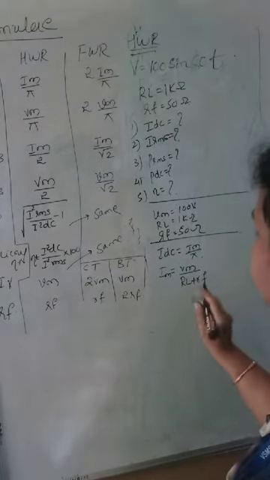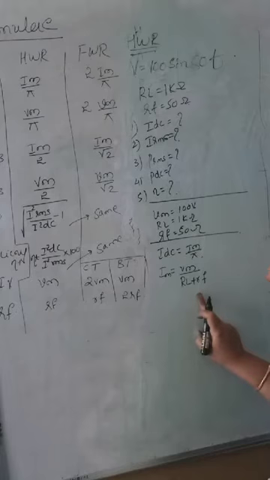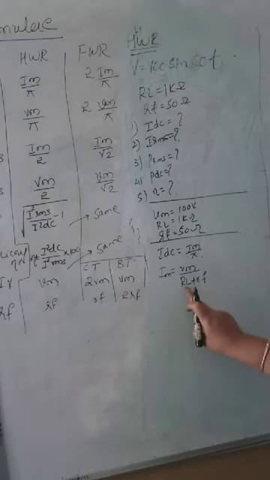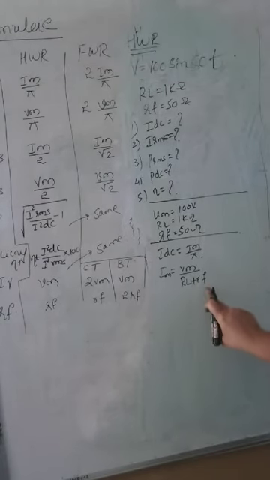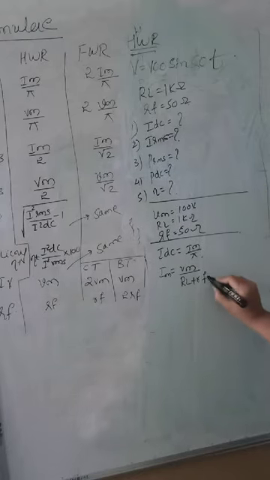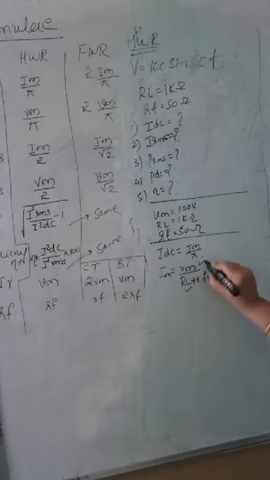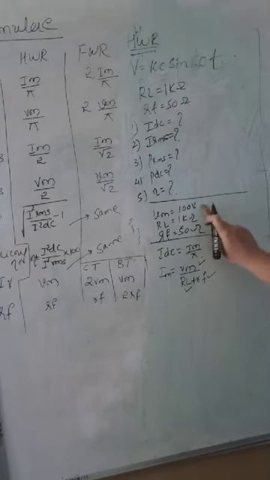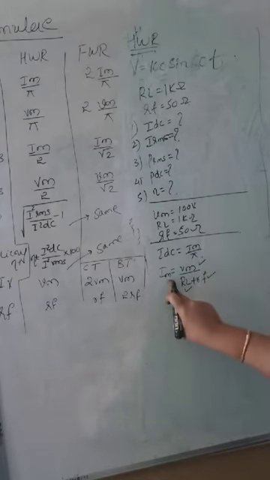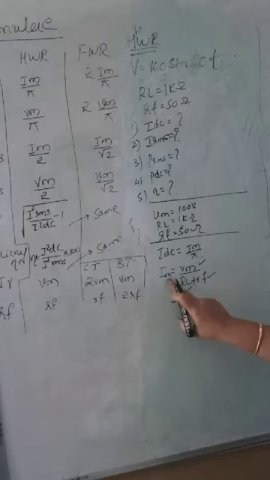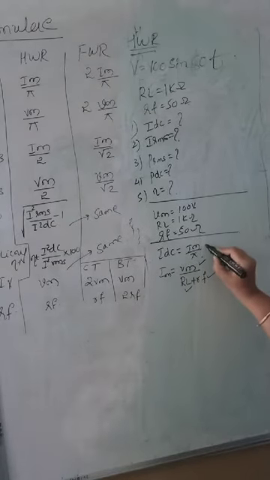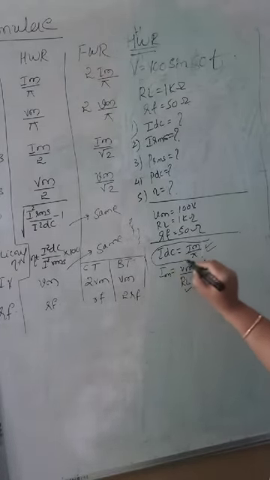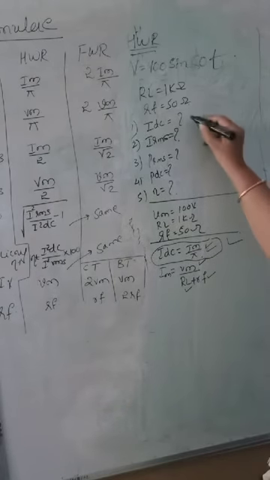RL plus RF I should consider. I is equal to V by R, it is just Vm divided by RL plus RF. RF value they have given, that also we should consider. RL they have given, Vm they have given. We can calculate Im. So after finding Im, I can calculate IDC value. So I got the IDC value. This is over. This we have done.